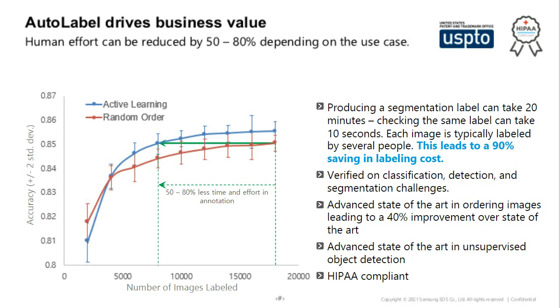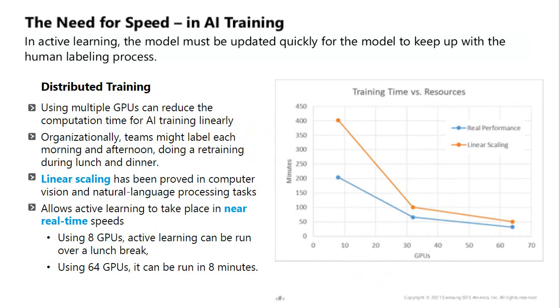The technology is, of course, HIPAA compliant, as is necessary for all medical images to make sure that the security and de-identification of personal information is being met. In addition to that, it's important to mention that deep learning or artificial intelligence for images needs to be backed up by the right kind of technology. And in this case, of course, we are using the GPU, the graphical processing unit, as the enabling technology to do this. And using methodology that runs on a single GPU is generally too slow to support processes like this,